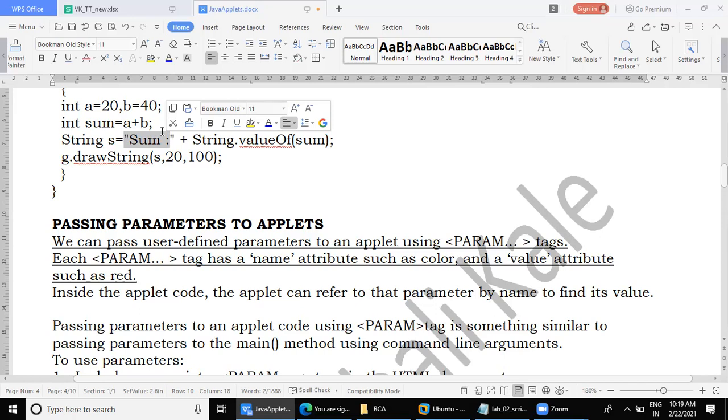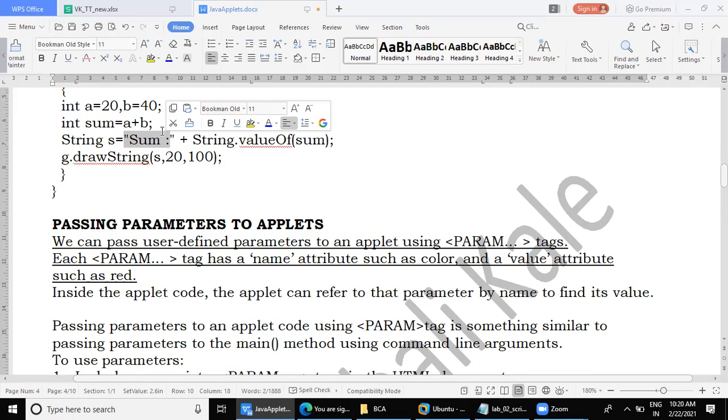String. Because you are saying draw string. Compulsorily whatever output you display should be of the data type string. If you display integer value there, display sum, it will not do on its own like your normal Java applications. You have to exclusively typecast.